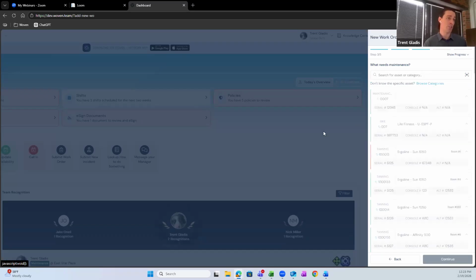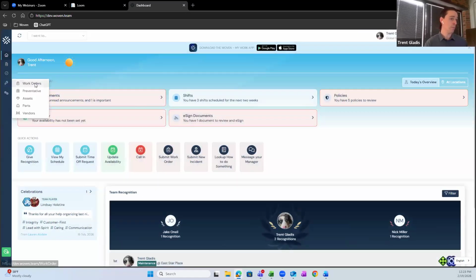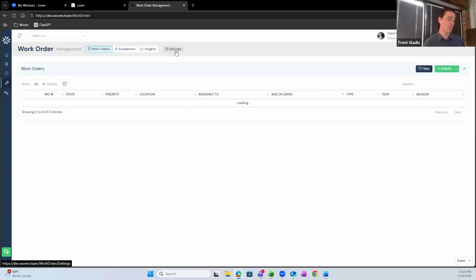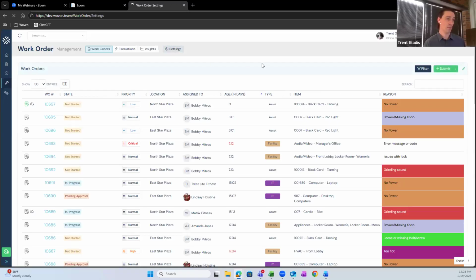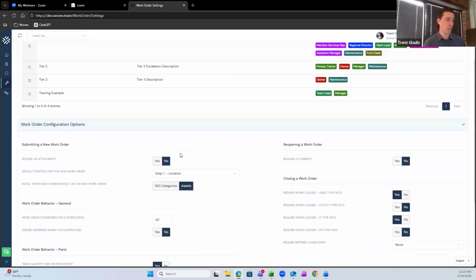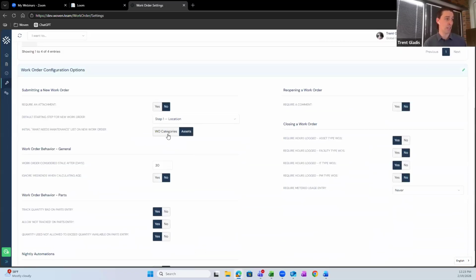You also have a configuration option here if you would like to. I will show you. So here, if I'd want to, I can change this configuration and change it to work order categories. I think this is a bit of a niche use case, but it is an option for you,